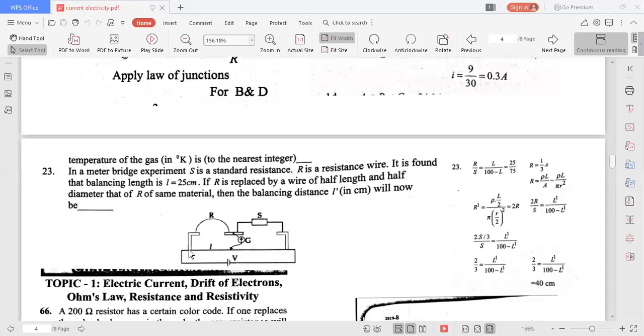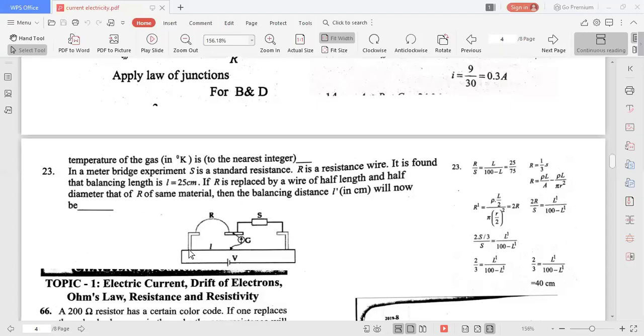Okay. Here you see resistance R2. Here L is the balance length in the first case. Resistance is R, and resistance in the right gap is S. Next case, what is the balance length when resistance in the left gap is equal to 2R and resistance in the right gap is the same? Already we know resistance in the left gap R by opposite balancing length L is equal to resistance in the right gap by opposite balance length, that means 100 minus L.